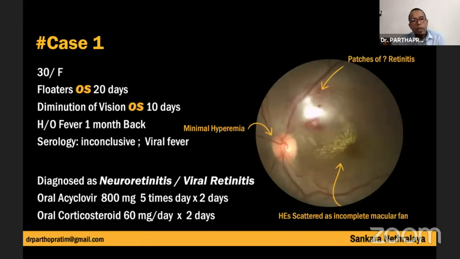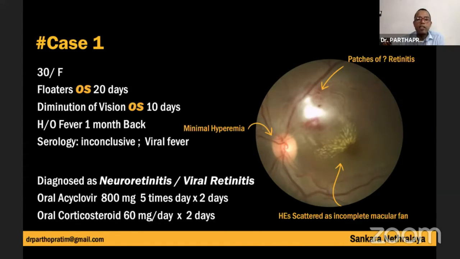To start with, I'll start with a case. A 30-year-old female complained of floaters for 20 days with diminution of vision for 10 days. She also had a history of fever 1 month back. The serology carried out during the febrile illness was inconclusive, and the physician treated her as a case of viral fever. So when she went to a local ophthalmologist,